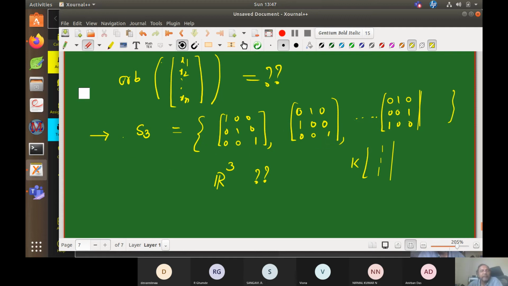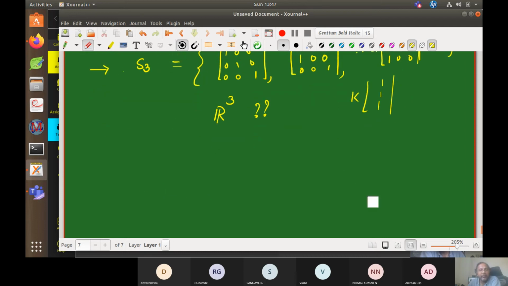Okay, what about this thing? x1 plus x2 plus x3 is equal to 0. Are you following my point? Okay, I'll give you more clarity about what I'm talking about. I'm experimenting, I also don't know. So I take alpha equal to 1, 1, 1. You'll understand what I want to say. So H alpha I am defining.